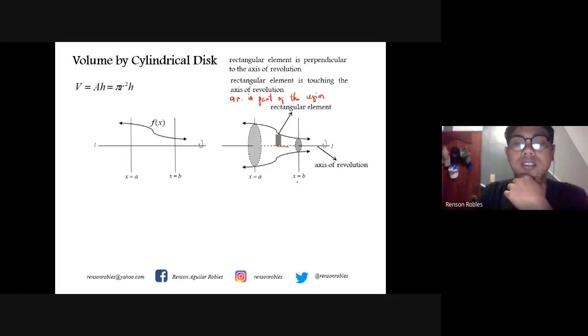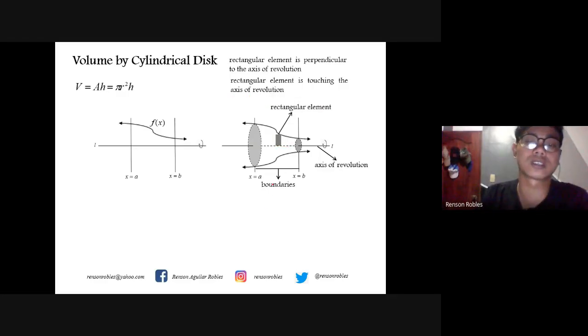Okay. And this is the axis of revolution. And then the lines x equals a and x equals b are the two boundaries. Okay, so that is the first illustration. And with this, you'll be using the cylindrical disk method when you are taking an element that is perpendicular to the